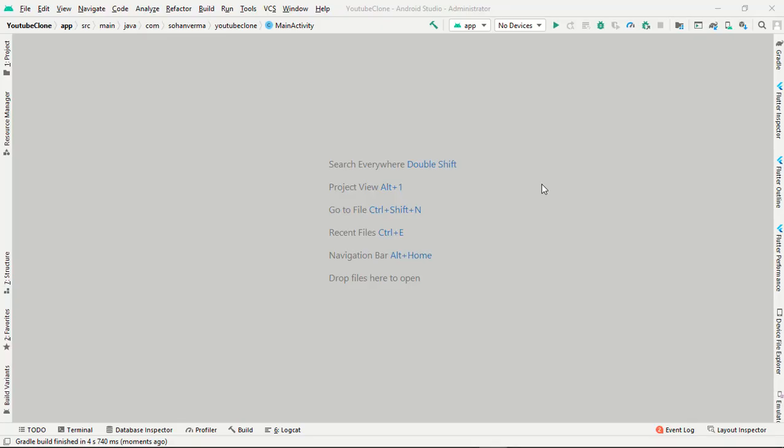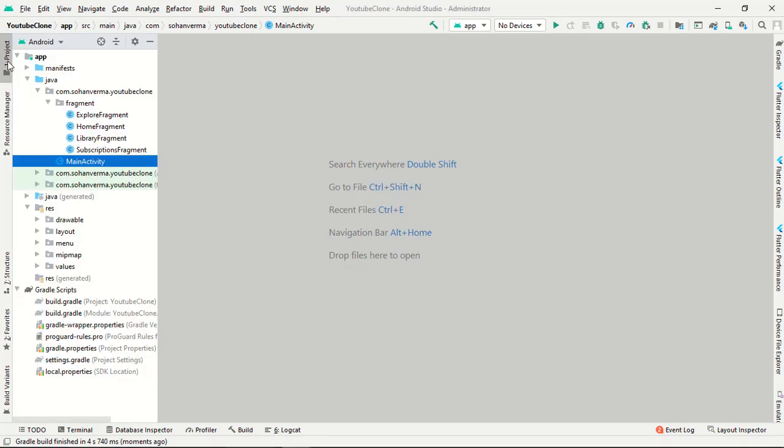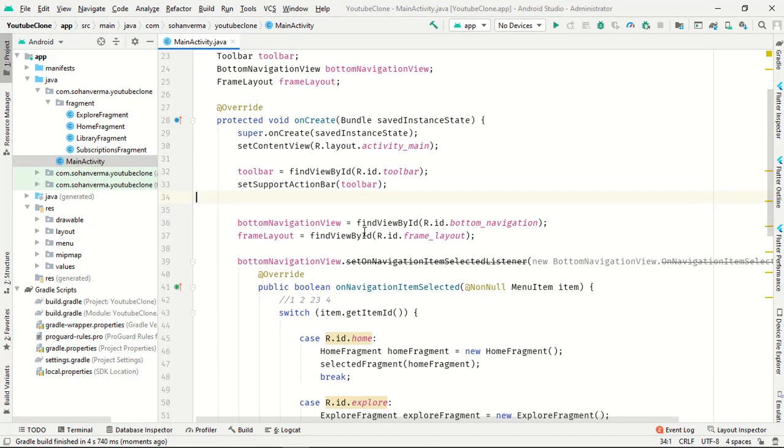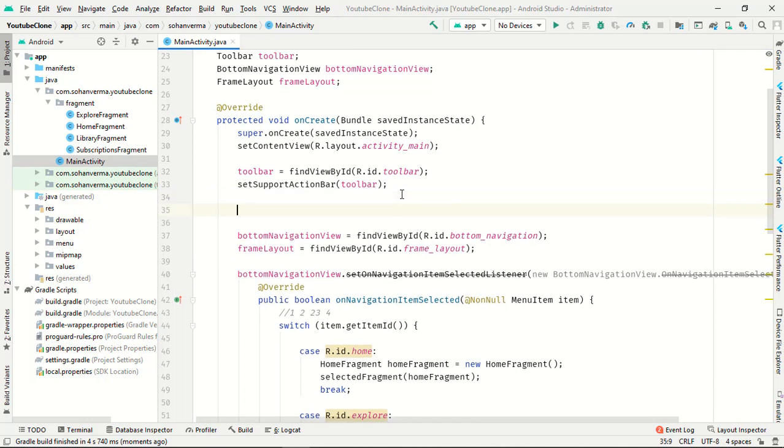Hey everyone, in this video we will move forward to our next assignment, designing the library fragment. In the last video we had one little problem: the toolbar is not working correctly. Just do one thing, just get